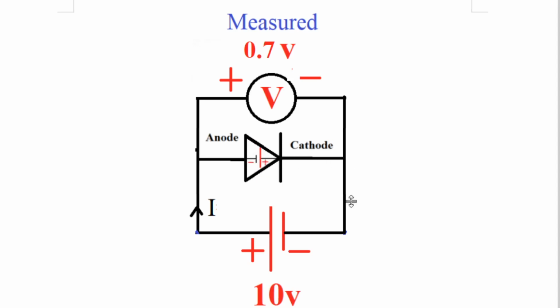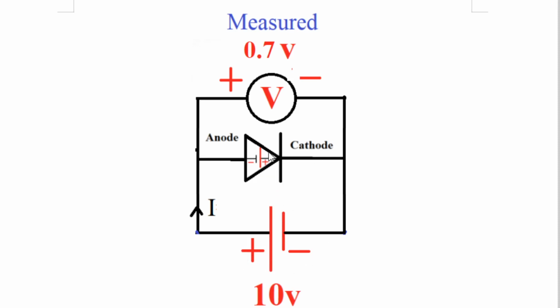Now the cathode of the diode is to the negative of the battery and the anode of the diode is to the positive of the battery, meaning the diode is forward biased. The voltage applied to the diode, that is Vin, is not written here but it is Vin, the input voltage applied to the diode, 10 volt. How much volt? 10 volt. So 10 volt is very much greater than the 0.7 volt which is required to force the diode into conduction, and therefore you can say that now this diode started conducting after how much volt?